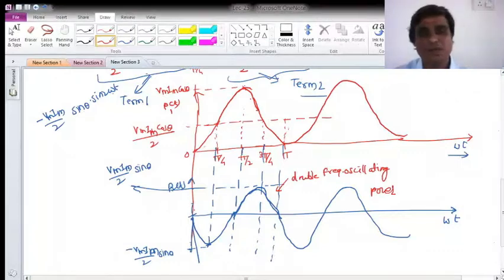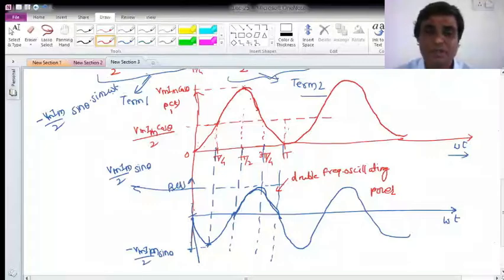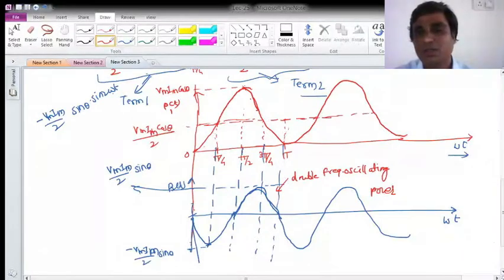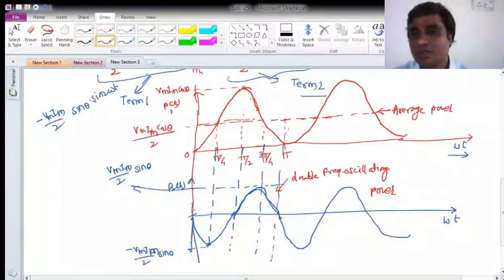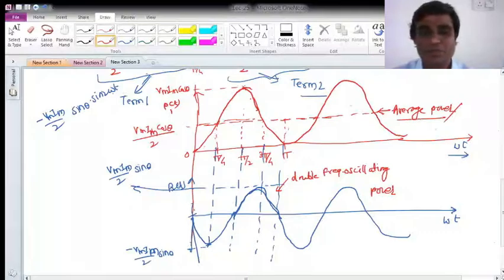Okay. So once I have computed the instantaneous power, I observe that instantaneous power is not that much useful for me. Instead of calculating the instantaneous power, because the supply authority will not charge you on the instantaneous power, they will charge you on one number, and that number I want to find out. It is always convenient or economical to know the number that is average power, right? So instead of instantaneous power, I am interested in computation of average power. And average power will be Vm Im cos theta by 2.